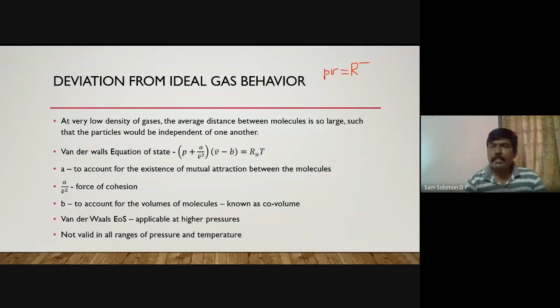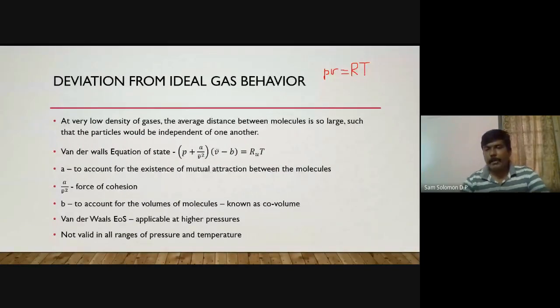When you say low density, only a lesser number of molecules are occupying more space. Such a condition is applicable when the pressure is low. When the pressure is low, one molecule is not exerting its pressure on another molecule, because the distance of separation is large. Or in other words, the forces of attraction or repulsion are less in a low dense gas. The other part could be high temperature.